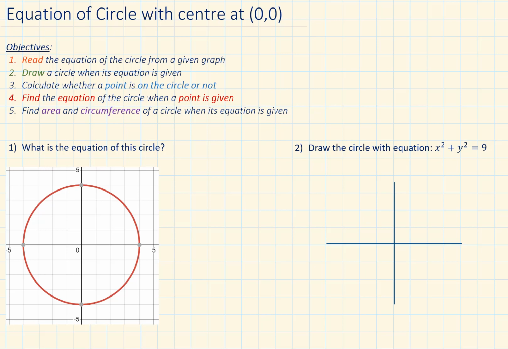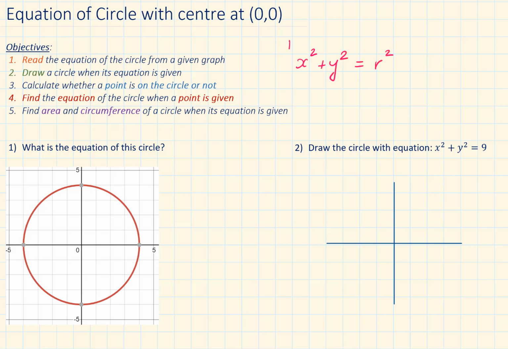Hello everyone! Today we are going to learn about the equation of a circle with center at the origin. We are going to cover 5 things. Equation of a circle with center at the origin at 0, 0 has the form x squared plus y squared